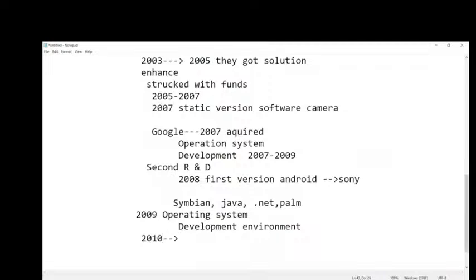Once this development environment was released, slowly one by one software companies started developing apps. Then one by one manufacturers showed interest. One manufacturer came and started their devices on this, and then the next one.